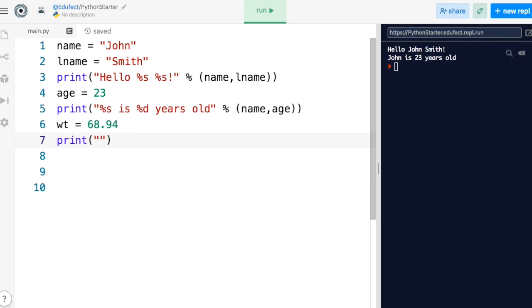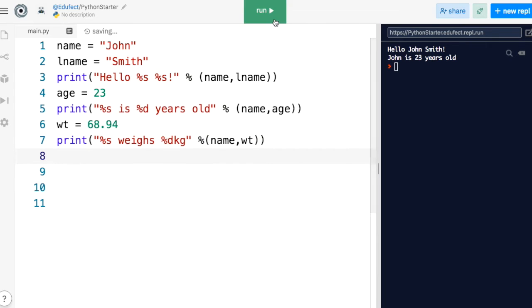So I'll start with %s weighs, 68.94 is weight, so I'll use %d, and I don't want a space, so I'll say kg, and then provide my parameters, which are name comma weight. Let's run this code. And what do I get? I get John weighs 68 kg.